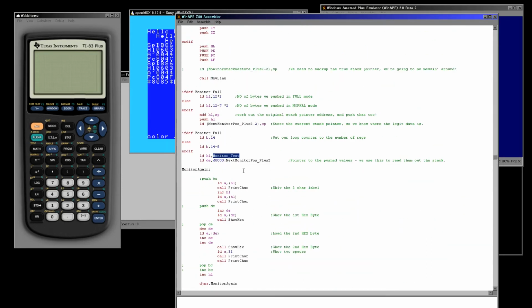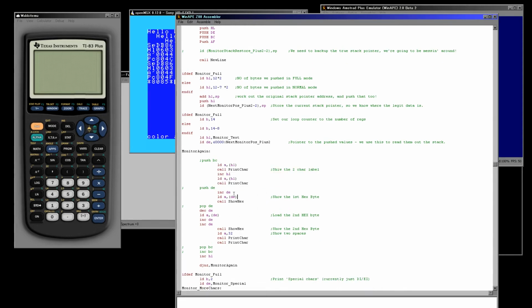So we load the text labels in HL, the address of the actual data in DE, and we load B with the number of labels we're going to show. So here's our main loop, and first we show the 2 characters of the label, and then what we do